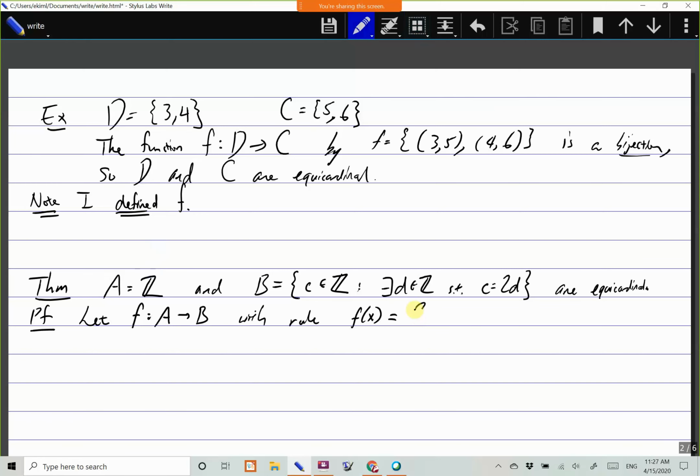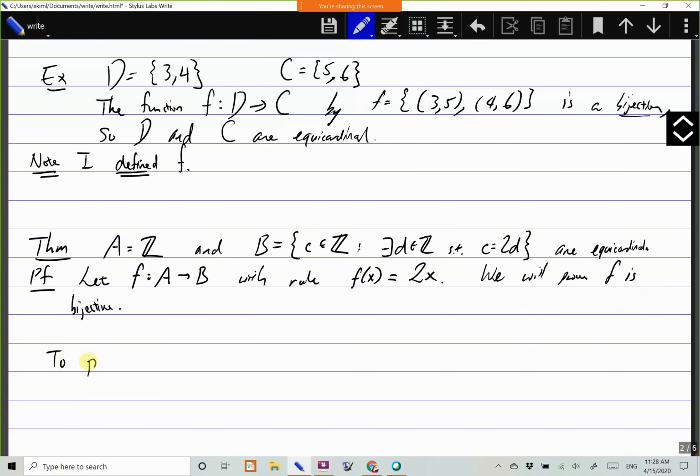All right, so 2x is a good conjecture. This is not the only thing that works, but this might be one of the easiest options that will work. So we will prove it. In fact, as I was speaking, I thought of one other, and then as I kept speaking, I thought of way more. So anyway, maybe for another time, we will prove f is bijective. Okay, so to prove f is injective,